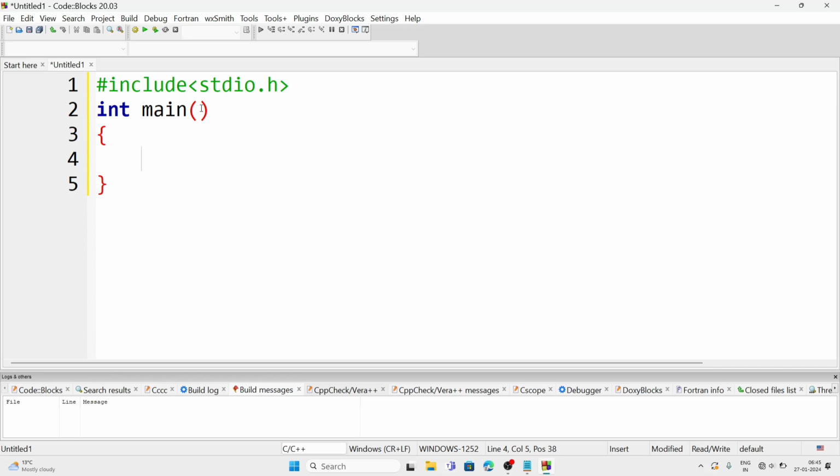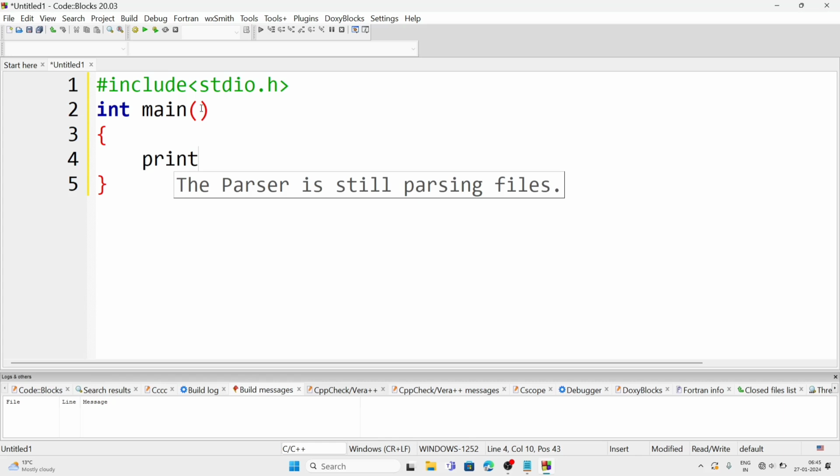Now suppose I am just writing a program to print this welcome to C. So here we will have to write printf. Some are writing print f separately like that. It is also wrong. You will have to write printf together. Then bracket. Then I have seen in school many students writing the double inverted comma two times, I mean, they are giving single comma two times, and writing like welcome